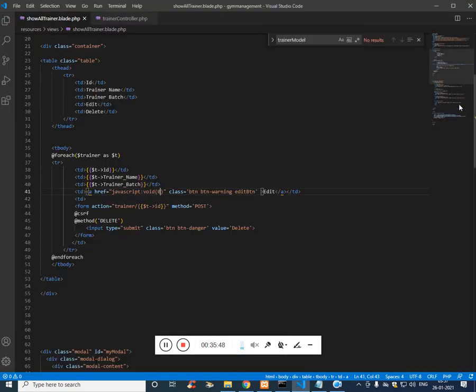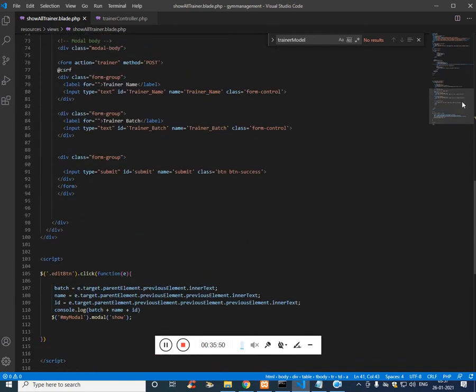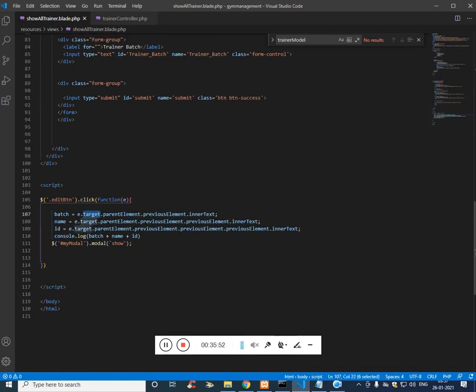Cannot read property innerText. Why is it so? e.target.parentElement.previousElement.innerText. Let's just comment this. Let's try it one by one. Console.log e.target should give what? The button.